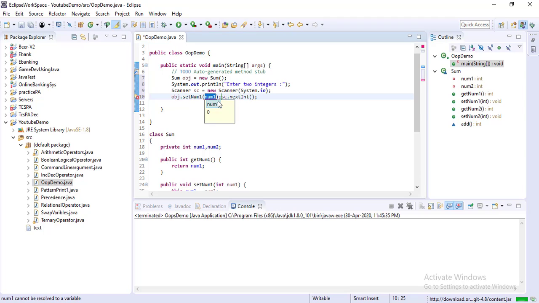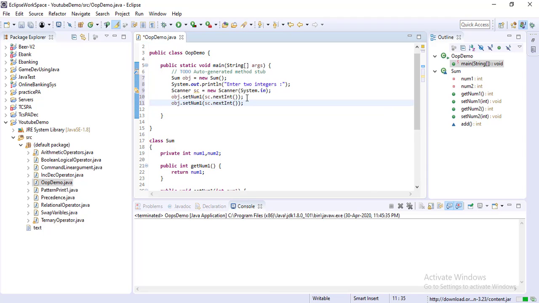So this integer value we are setting to the number1 variable. For that we directly call it this way. It will take one value from the console, and it will set that value to number1. Similarly, we are giving two inputs. In the second one we write object.setNumber2 equal to sc.nextInt. So we will provide two values from the console, and we will set the values to number1 and number2 of the